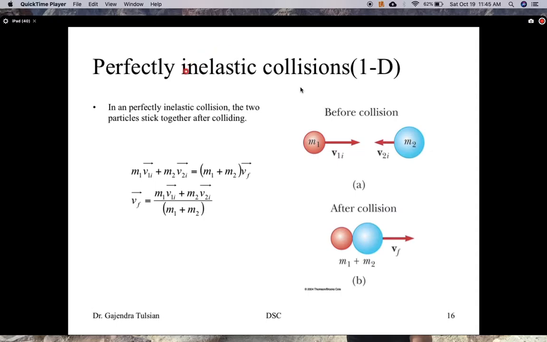So we'll look at a perfectly inelastic collision in one dimension. In this definition, perfectly inelastic means they stick together. Here are these two objects coming at each other, colliding, and after the collision they stick together and move as one. And conservation of linear momentum tells us this: after they stick together, they can go only